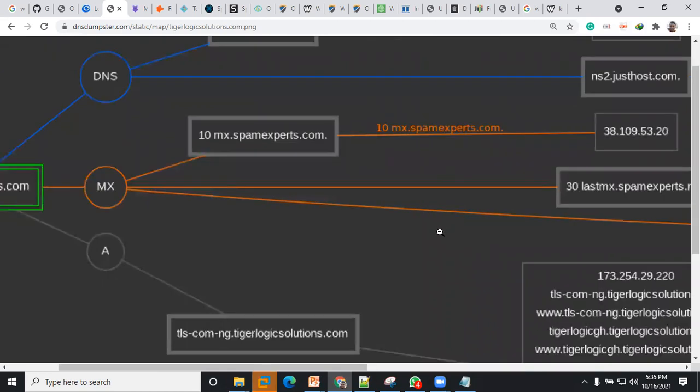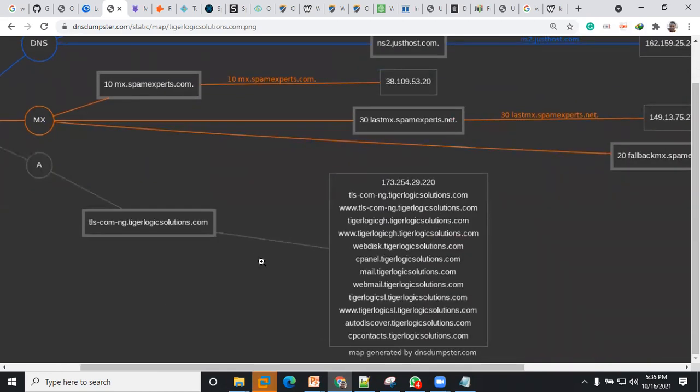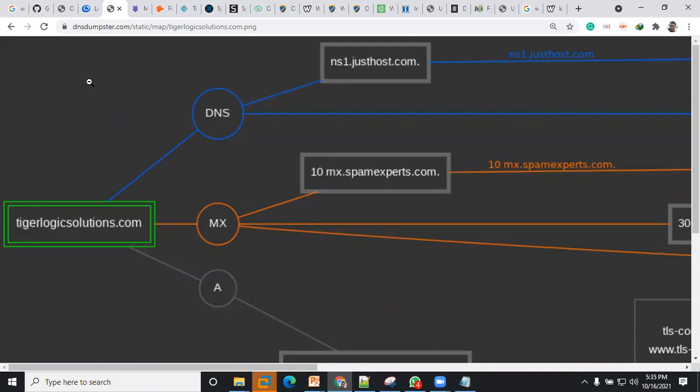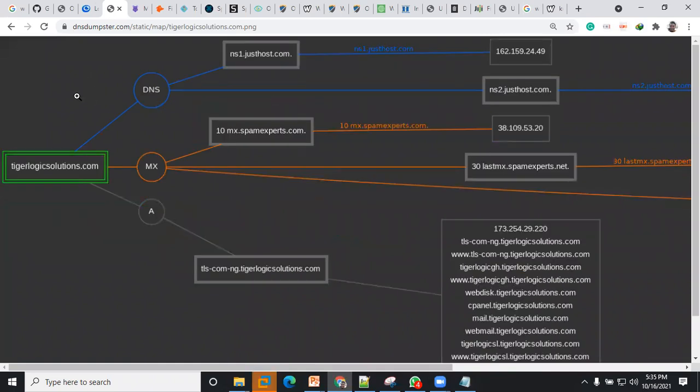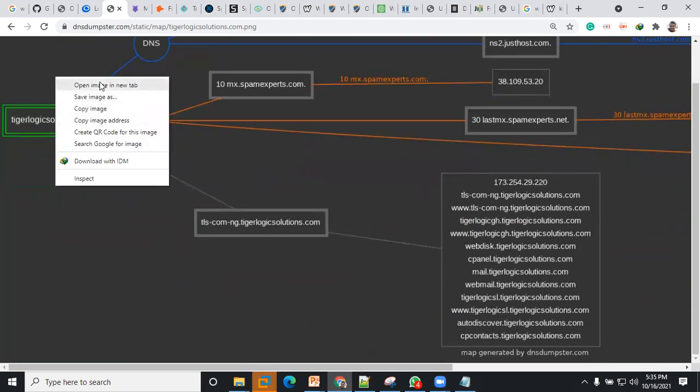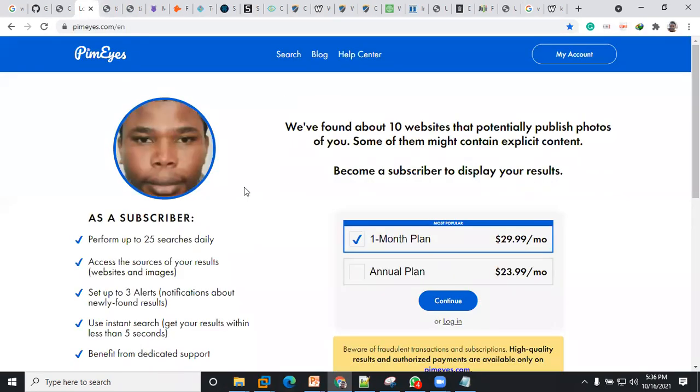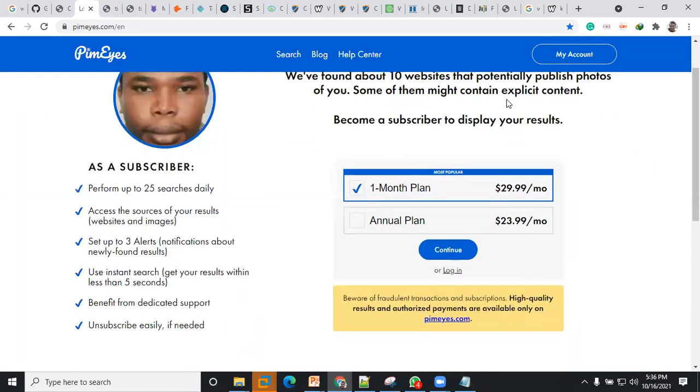Okay, so I'm just going to put this on a different tab, all right, then scroll up to show you guys the other information that we have.